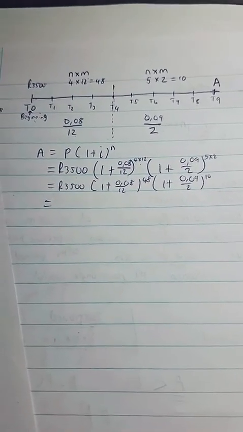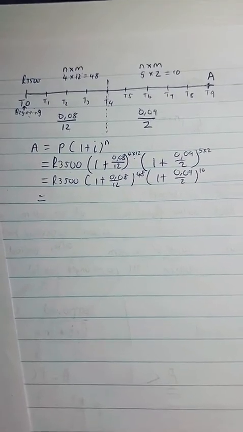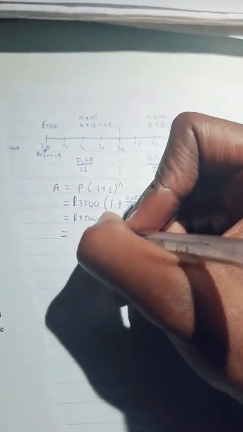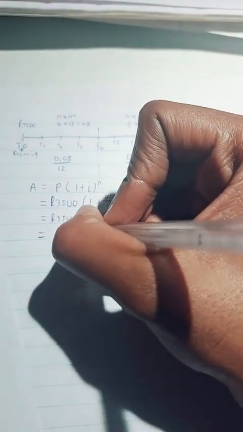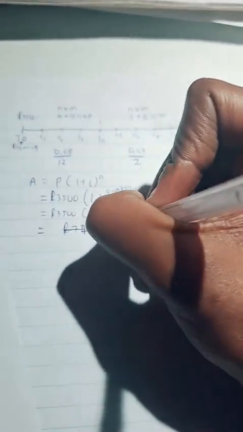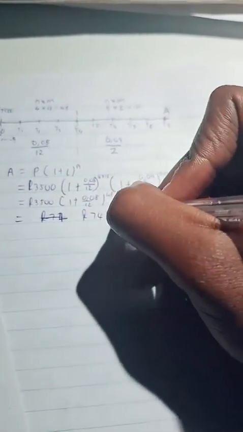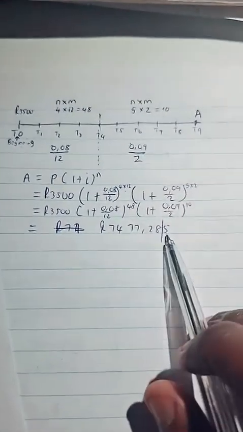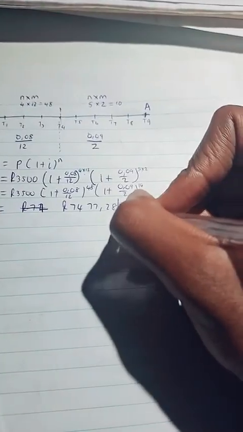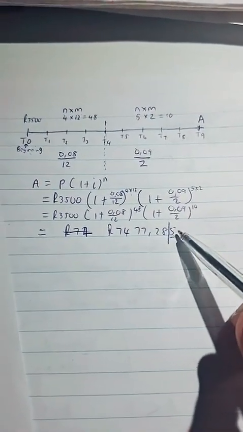Okay. So Tokozo, you need to get back to me in the comment section. Is your rounding off correct or is it incorrect? Okay. Because guys, I'm telling you now. Okay, Samantha is saying it's 285. Now guys, if it is 7,400, you see now me, I'm also going wrong. 7,477 rand 285. Remember, if we are rounding off to 2 decimal places, we cut off at 28, and then the 5 we